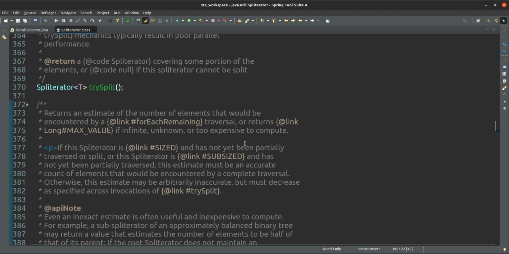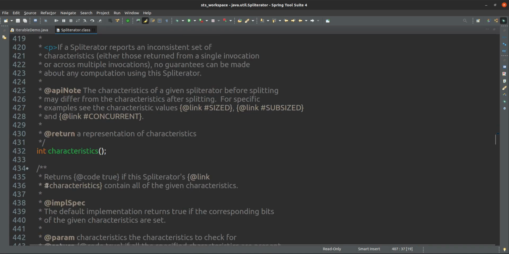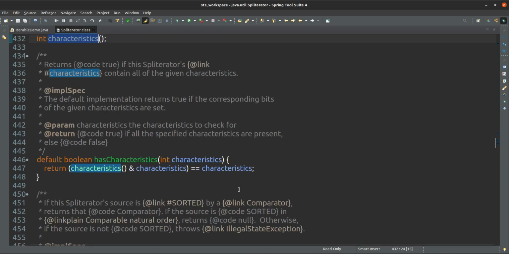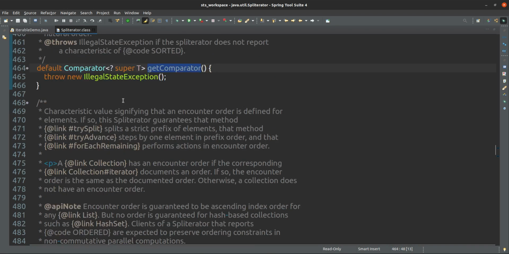That's why for forEachRemaining it is coming 0, if the Spliterator has not been partially traversed. Okay, so this one is forEach. Get exact size if known. Characteristics. So these are so many. So comparator is there, you can get the comparator, no issue. The current default implementation will throw an exception.